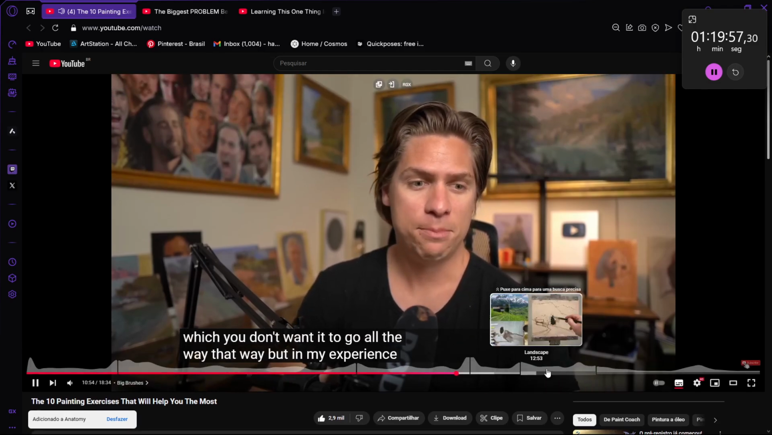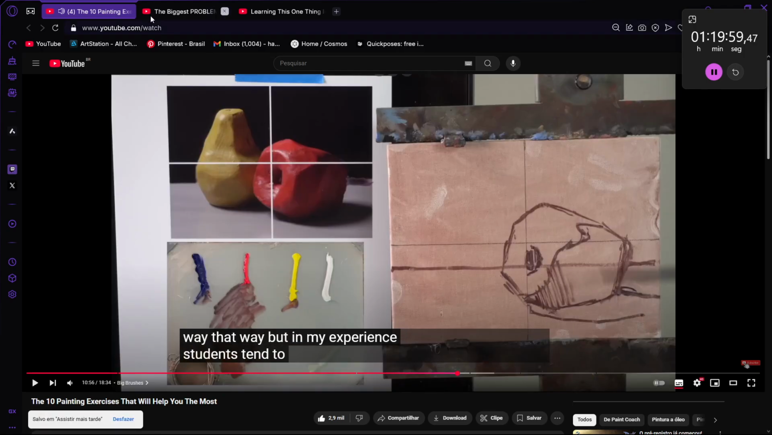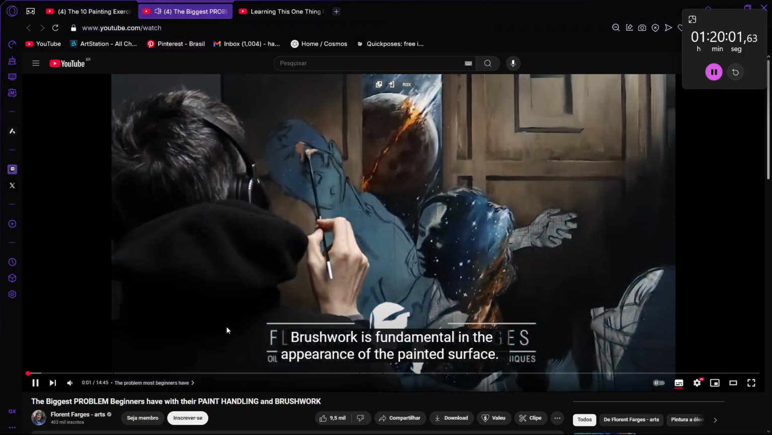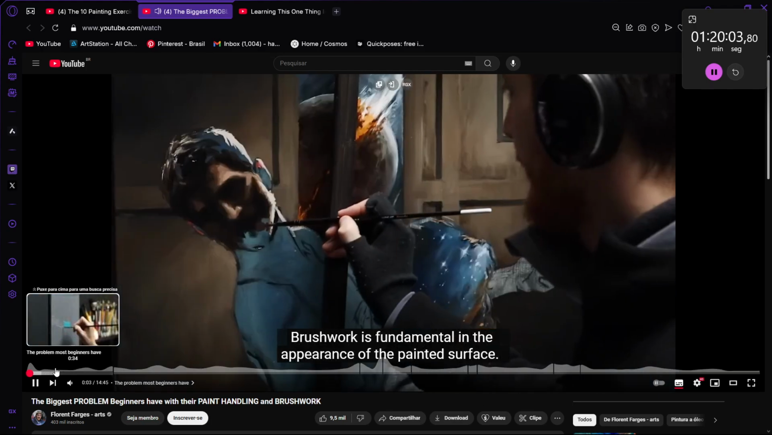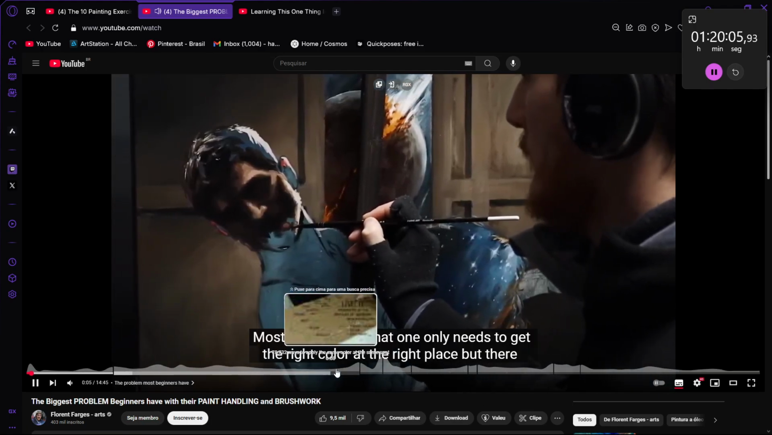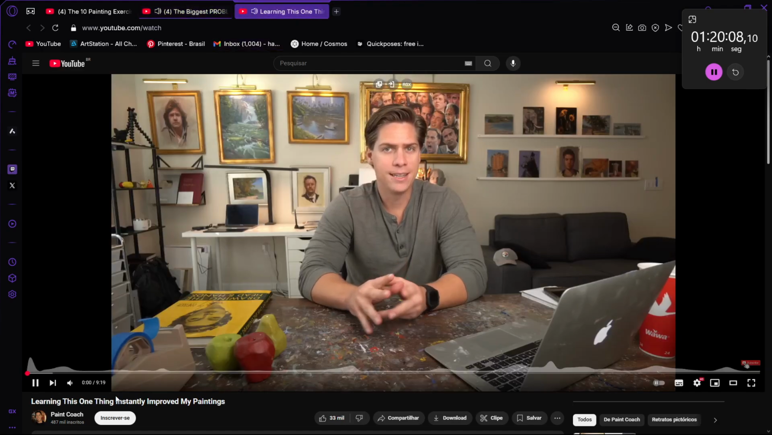But in my experience, students tend to Brushwork is fundamental in the appearance of the painted surface. Most people think that one only needs to get the So the one idea that instantly helped me